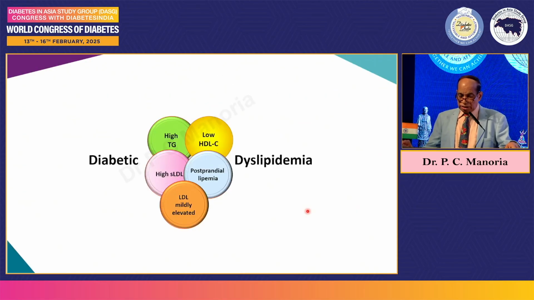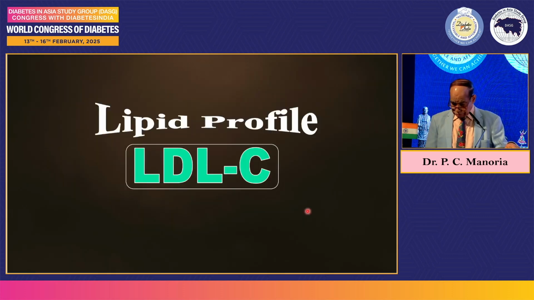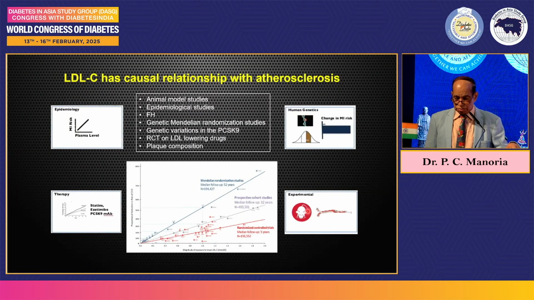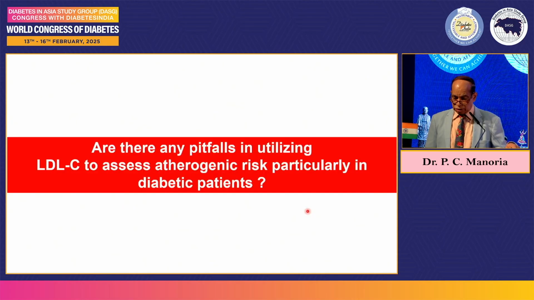So diabetic dyslipidemia is high triglyceride, low HDL, high small dense LDL, postprandial lipemia, and LDL is mildly elevated. We are very much concerned with LDL cholesterol for a panoply of reasons. They are on the screen. It has a causal relationship with atherosclerosis. So the first issue is, are there any pitfalls in utilizing LDL cholesterol to assess the atherogenic risk, particularly in